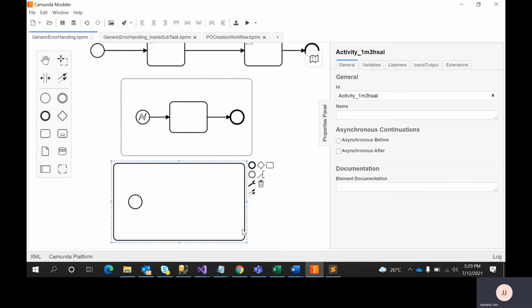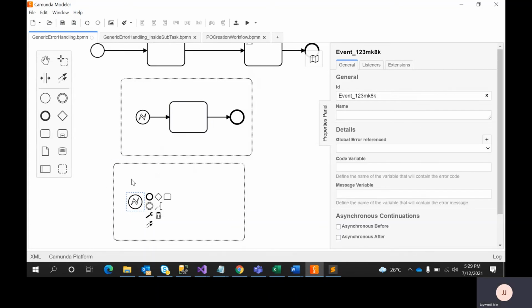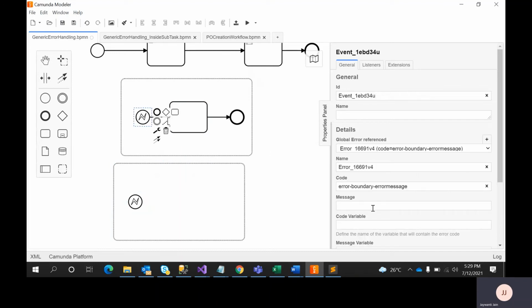First you need to change a type, then only you will be able to see the start error event. And now this is a start event. So assume that this error boundary is just for handling a 400 series or 500 series. One way is the 400 series. Whenever a 400 API call status occurs, you want to do some operation, and here you want to call some different API based on the status code 500.